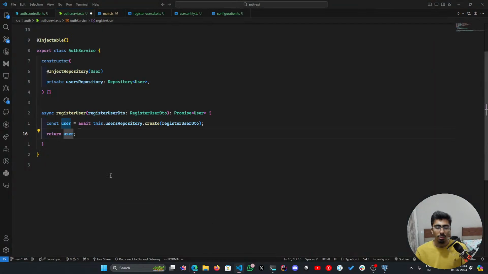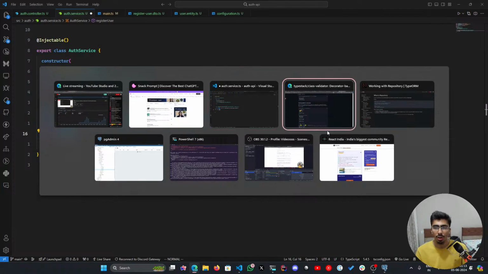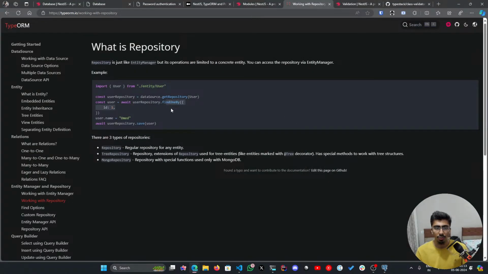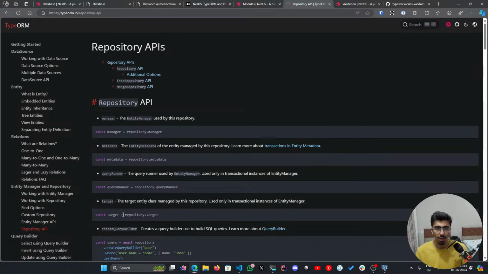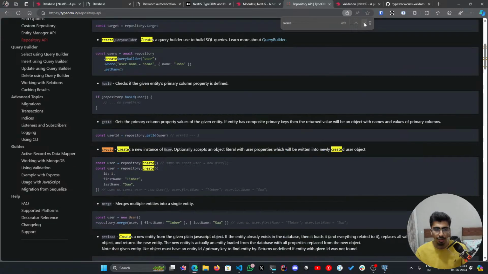All right, so coming back to this. Okay, you find one by, you change the name and then you save. Interesting. Repository API, okay. Let's see, so for the create, same as const user equals new user. So you can create a new user object and then what? Then you can,